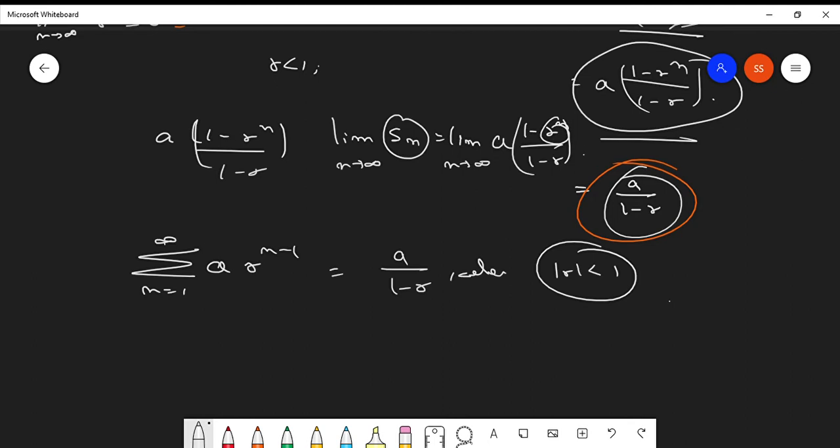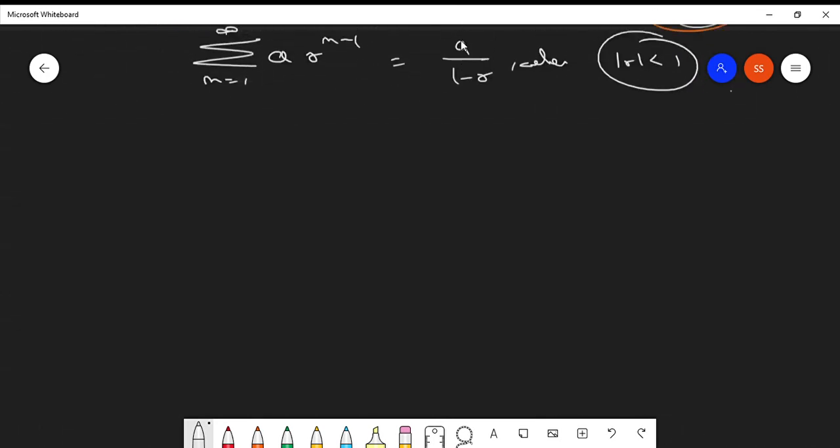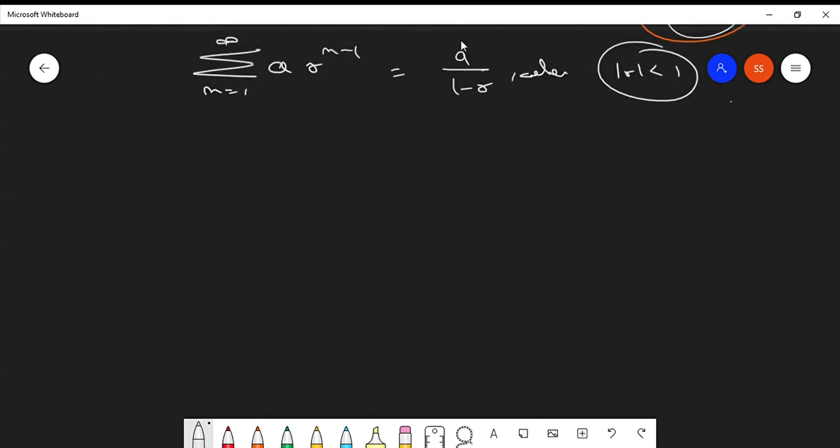Is that clear? Okay, so I guess you people are already understanding what an infinite series basically is. One more interesting infinite series is the telescoping series. Telescoping series are available in JEE Main problems, JEE Advanced problems, and ISI problems also. Sometimes you will get telescoping series problems. It is pretty much found there.